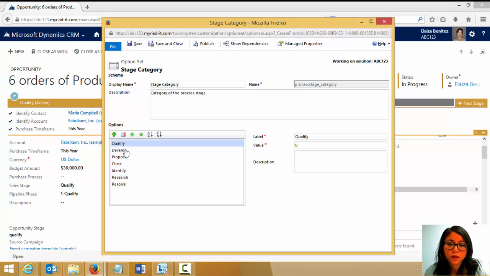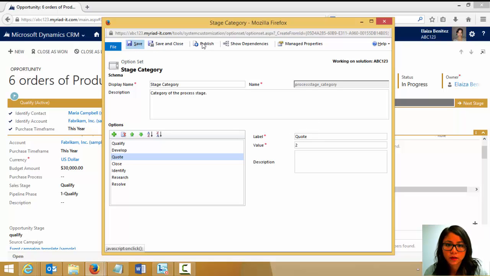So one thing to take note of is, if you are going to change these, keep in mind that the ordering of the value in the global option set will be a prefix to the value in the actual field output. So if I go ahead and change this to quote,